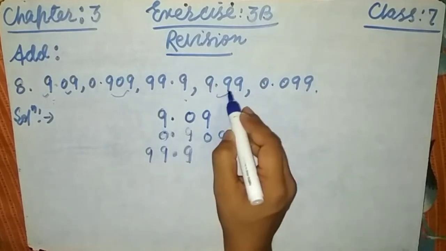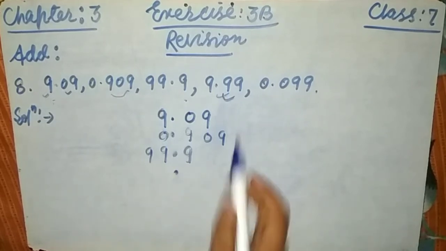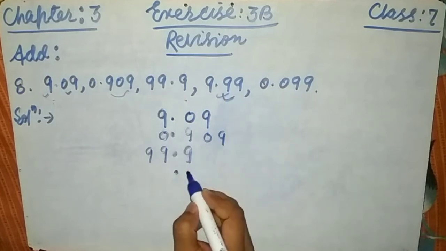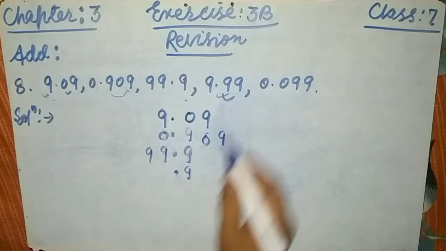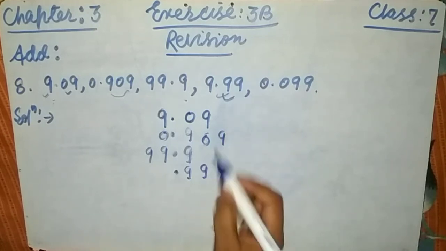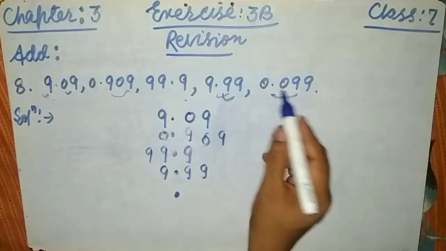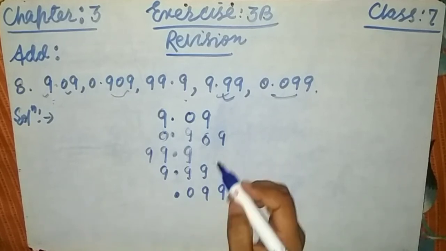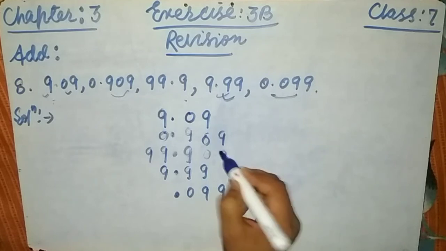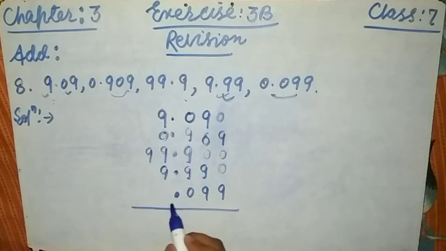Now come to 9.99. Here the point should be straight. First place the point. Here the 9 is the tenths, so tenths along tenths, and this is the hundredths, so hundredths along hundredths, and this is ones along ones. Now the point should be straight. Here is 0, here is 9, here is 9, and we can add a 0 here. There is no effect on the value of the fraction. We can add the 0, which means we can write all the decimals as like fractions.